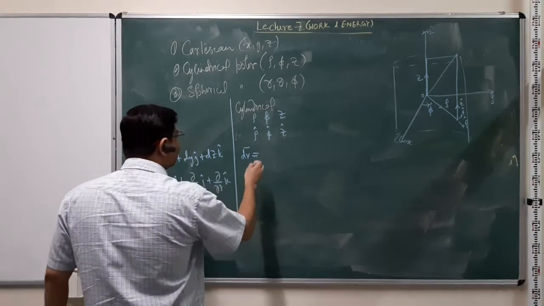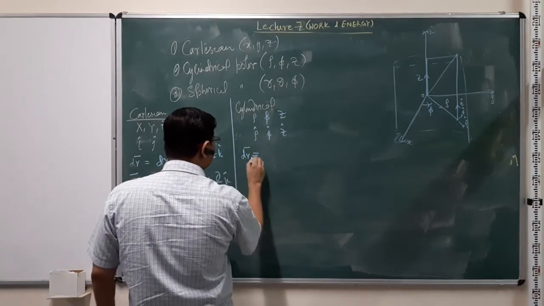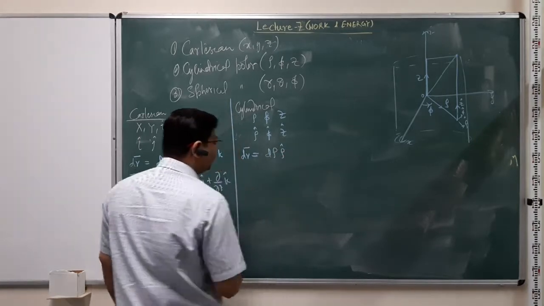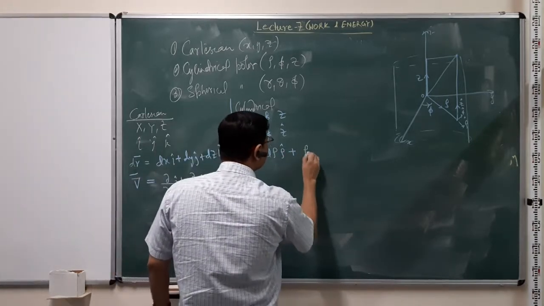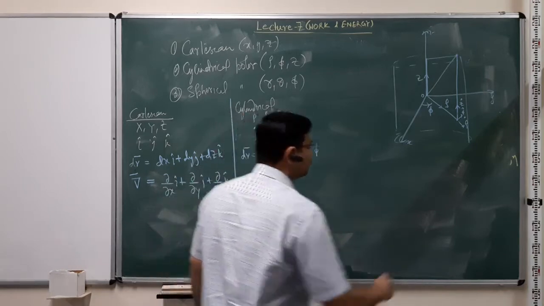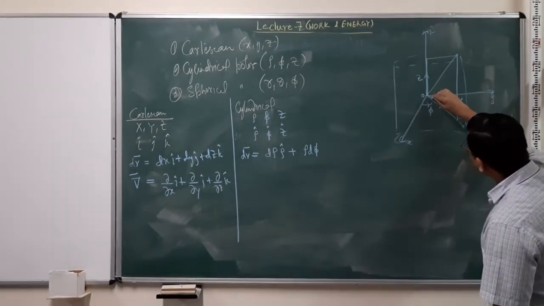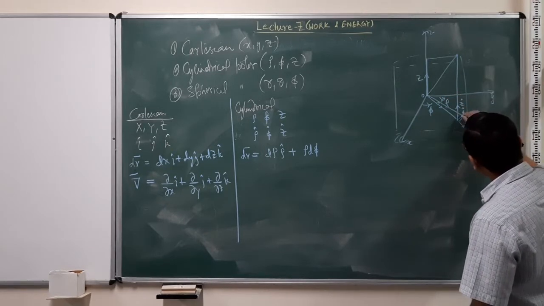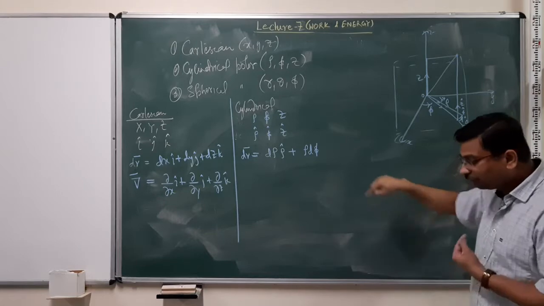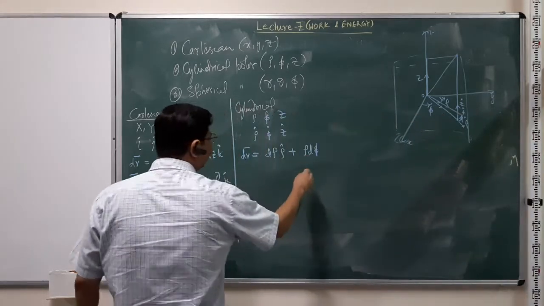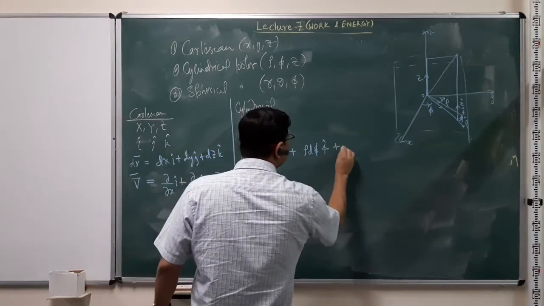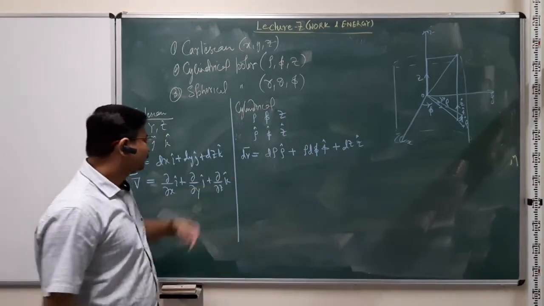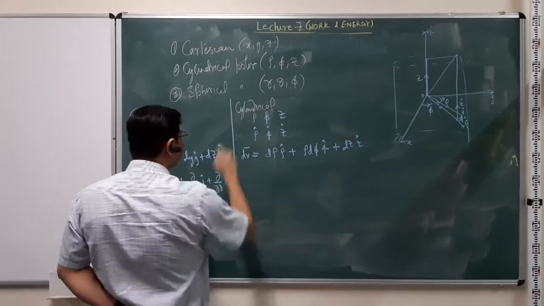So in that case, when we write down the infinitesimal displacement vector, this is d rho in the rho cap direction plus rho d phi, which is basically, if I change it slightly by d phi in this direction, this arc, the length of the arc. Right? So rho d phi in the phi cap direction plus dz in the z cap direction. Okay. So this is the infinitesimal displacement vector in cylindrical coordinates.